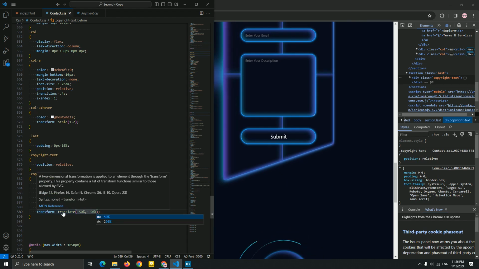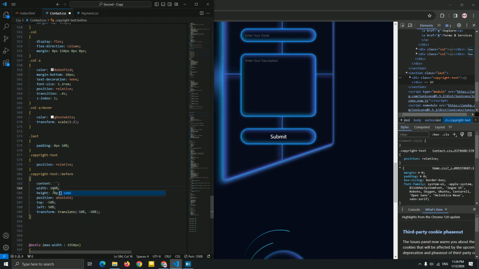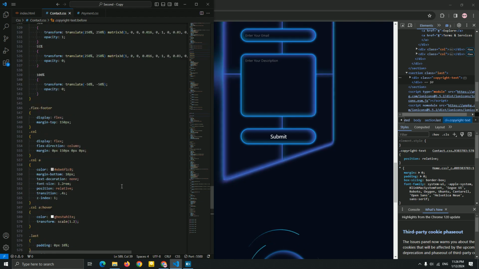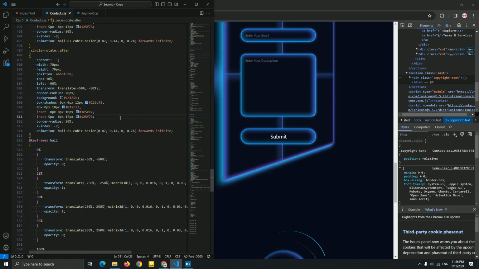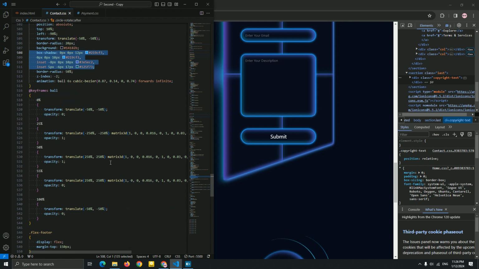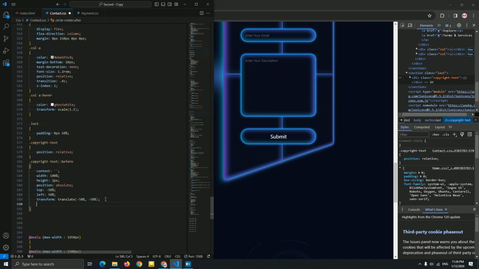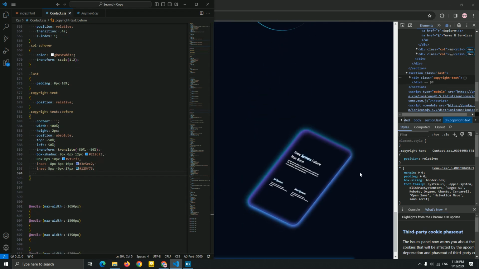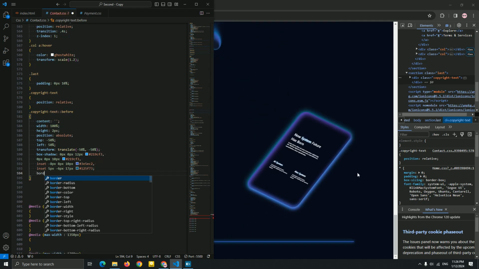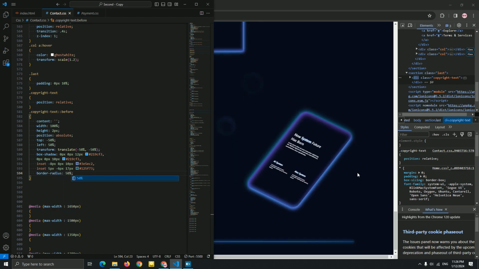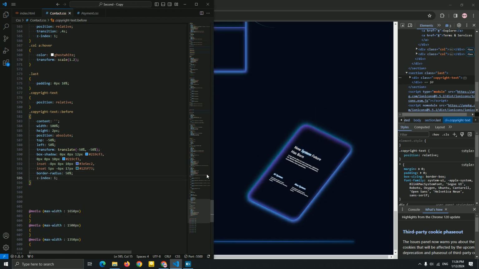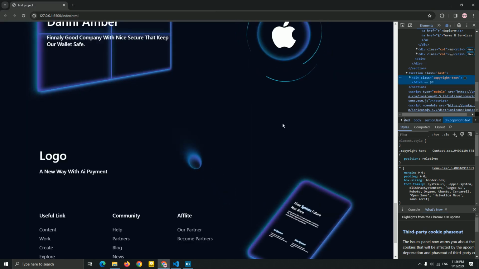Now for the width and the height, I want 100%, left be 2 pixel. Okay, let's add the box shadow for this. So the box shadow, I'm gonna add this. No need to add the background for this, guys, for now. Okay, this is good. Let me add the border. We don't need the border, but I'm gonna add border radius 50%. Yeah, just for fun. Yeah, the index one. Here we go. This is everything we need to create this footer.